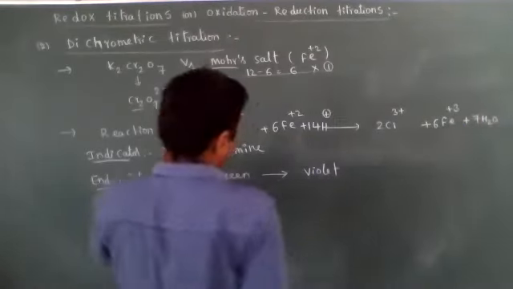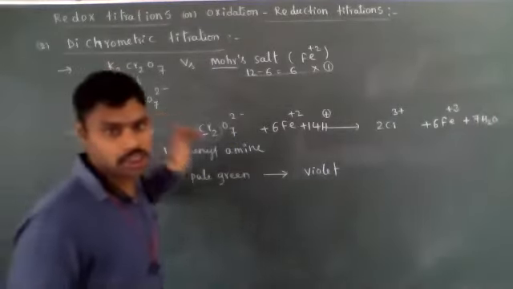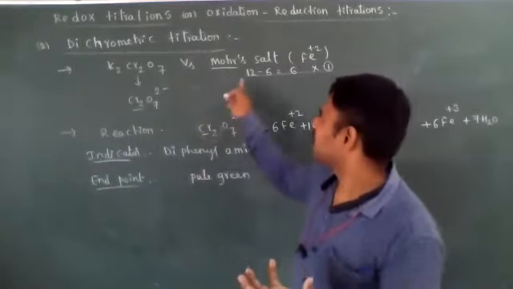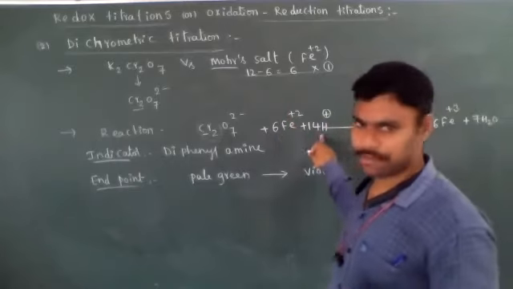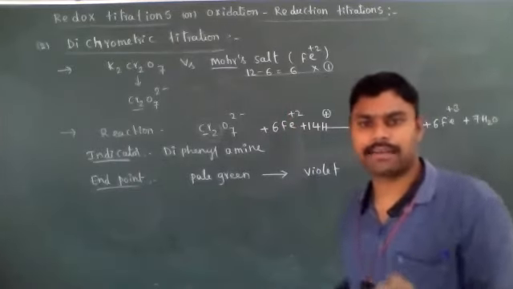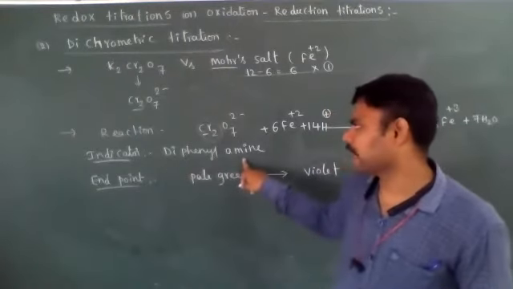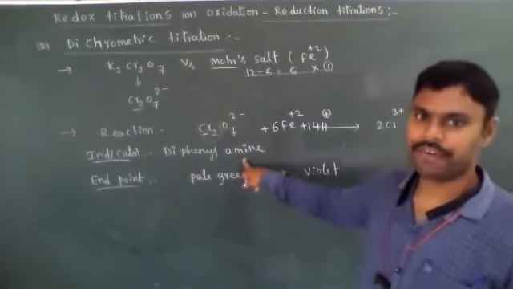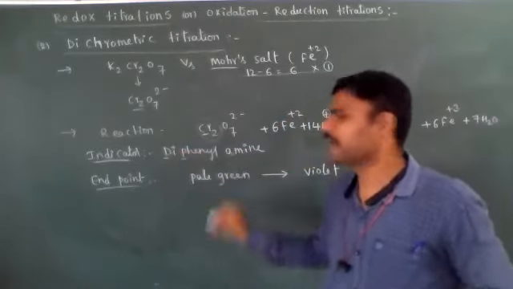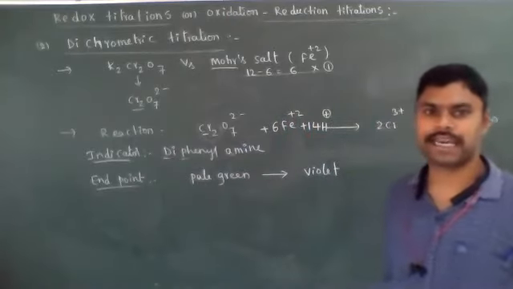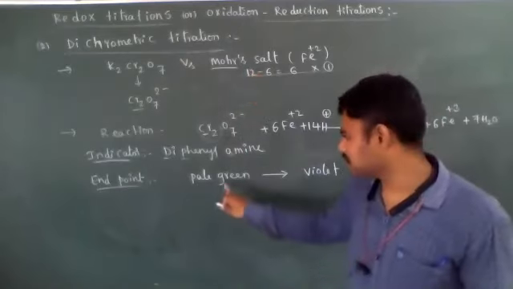So in the burette, we are taking K2Cr2O7, potassium dichromate solution. In the conical flask, we are taking Mohr's salt. The reaction is carried out in acidic medium, that's why in the conical flask we add 10 ml of dilute H2SO4. And what is the indicator we are using? Diphenylamine, DPA. Then immediately the conical flask containing Mohr's salt turns pale